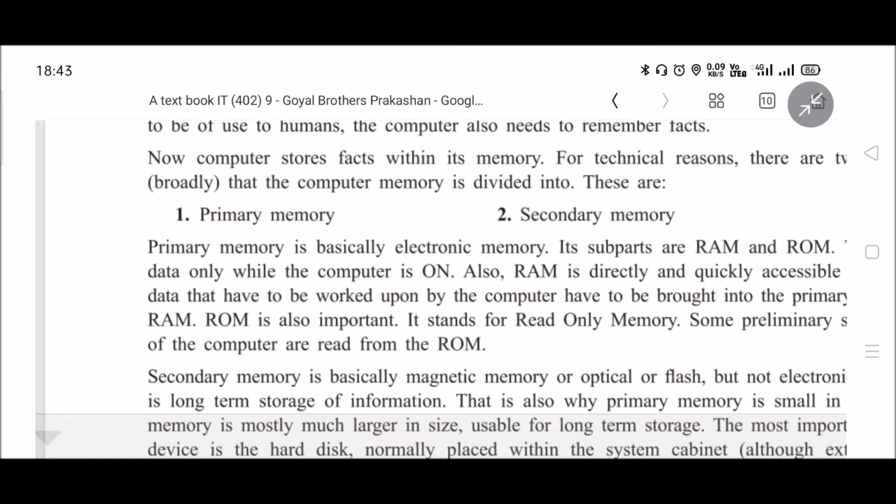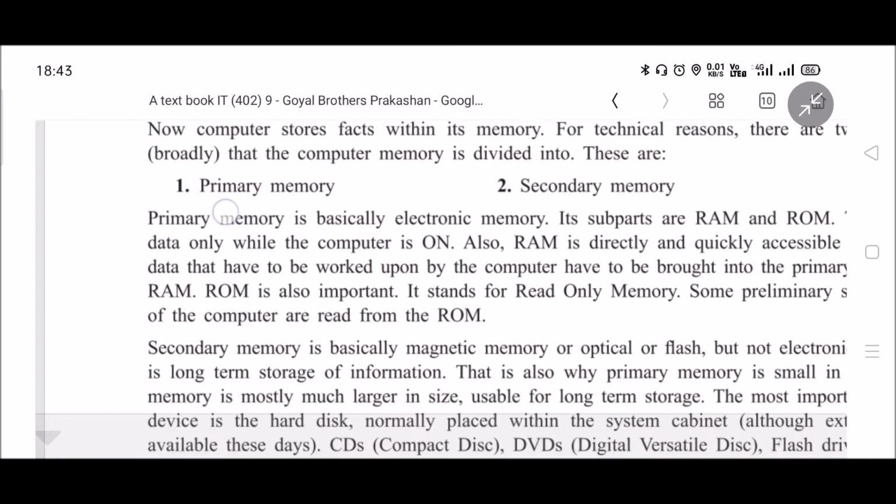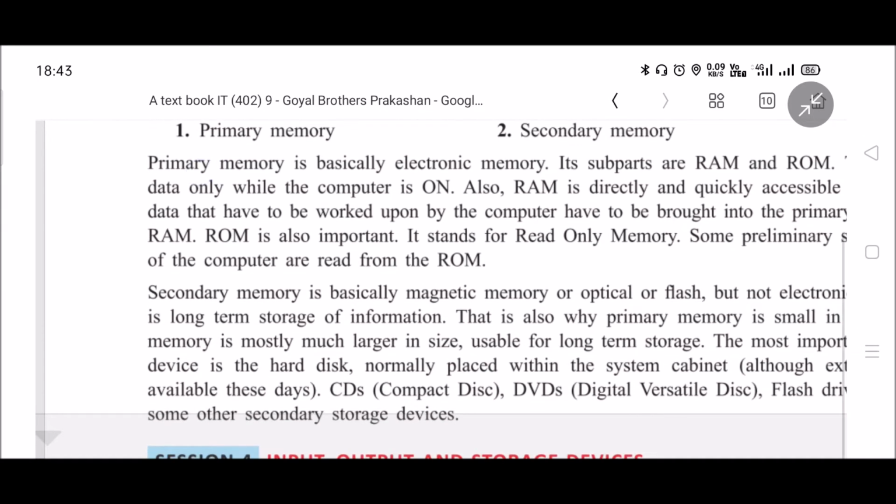The RAM is temporary in nature, and when you perform any task, it is going on in RAM and it remains there till the computer is switched off. अगर हमने एक बार कंप्यूटर बंद कर दिया या किसी भी कारण से कंप्यूटर स्विच ऑफ हो गया, तो जितना काम आपने किया था वो सारा का सारा उड़ जाएगा, दोबारा आपको नहीं मिलेगा. That's why RAM is called temporary memory or volatile memory.